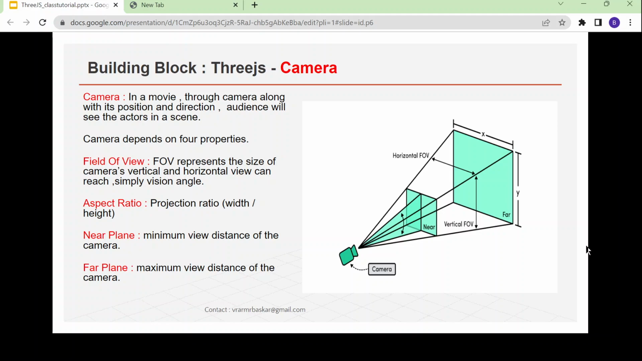So when a camera captures these objects, all the 3D graphics will get displayed on the systems. It's basically a 3D to 2D screen. Even though the object in the real world is 3D, on the screen it will be like a 2D. So there is a particular